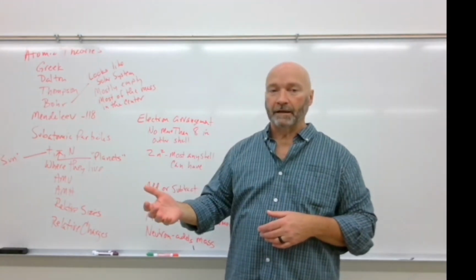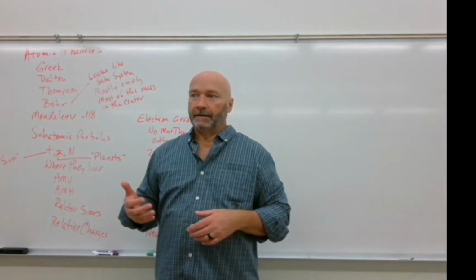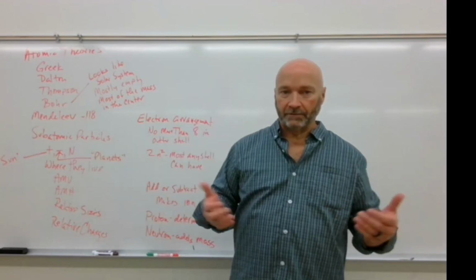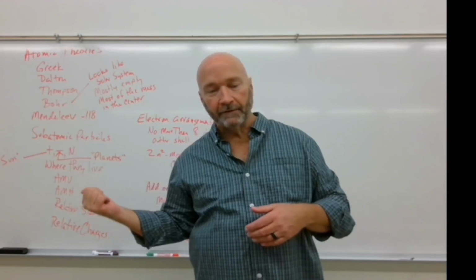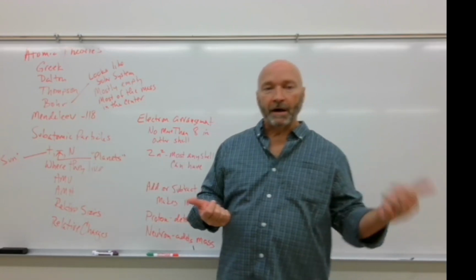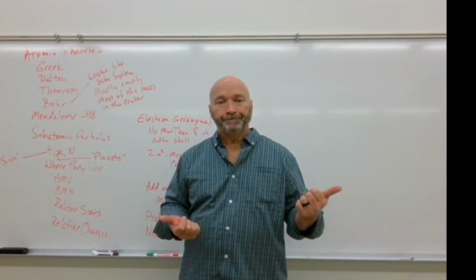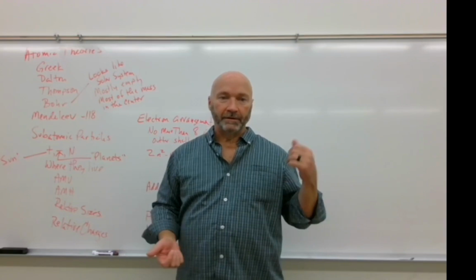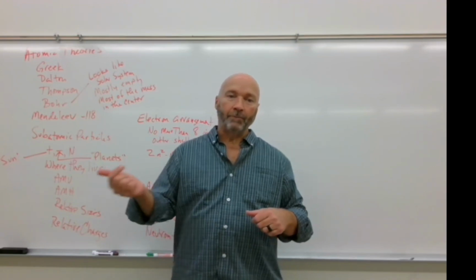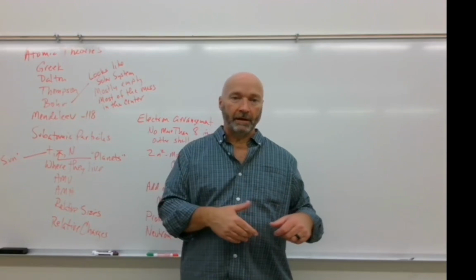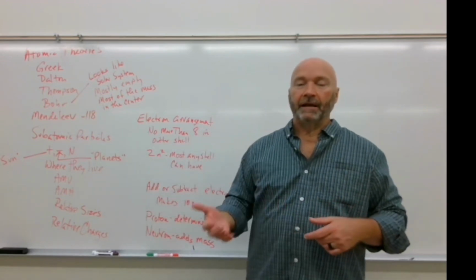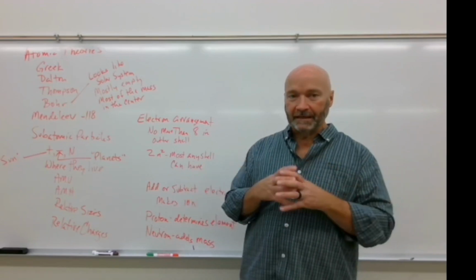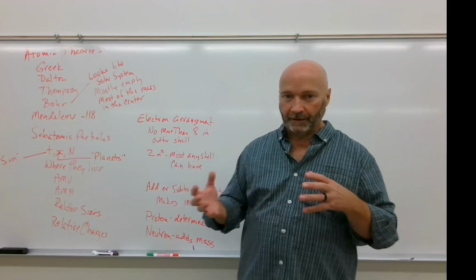If you remove an electron, then you've got a disparity in the number of protons and electrons. If you remove an electron, you remove a negative charge, and therefore you're going to have a positively charged atom, and then you're going to have an ion, right? So you removed an electron, you got a positive ion. If you add 1 more electron so that there's 1 more electron than protons, then you're going to have a negative ion.